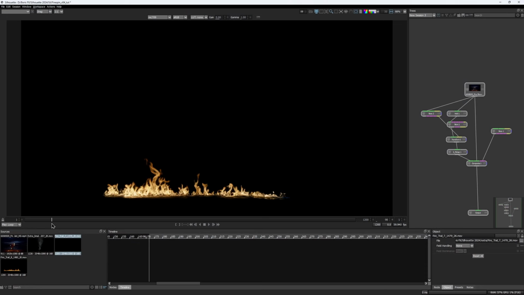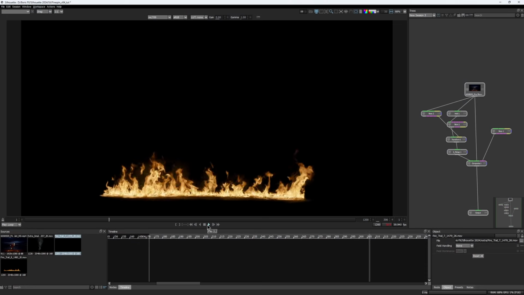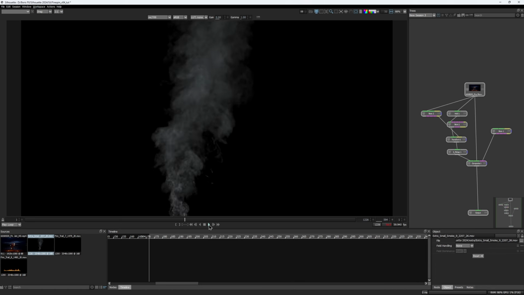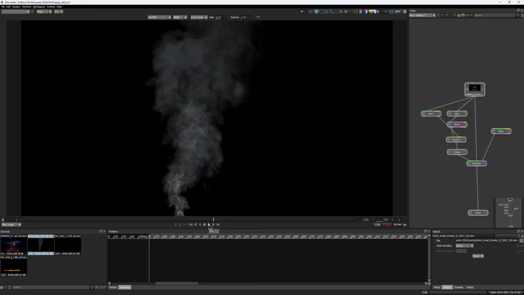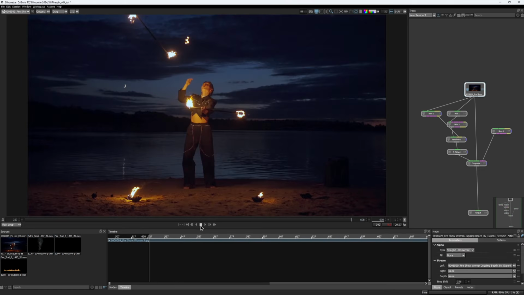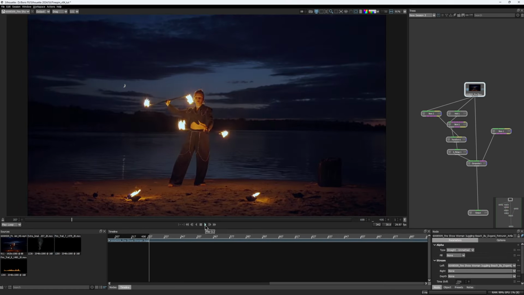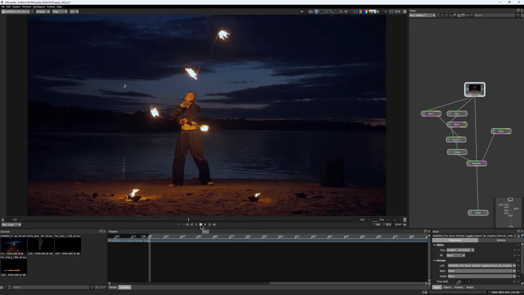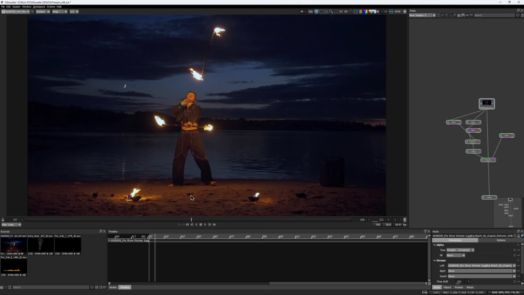As for the fire itself, I found some great footage from Action VFX and another good clip with the smoke element. However, they seem to be shot in real time and not like our main plate that is in slow motion. If I would just slap it on top, it won't look great. But not a big deal, since now we have the RetimeML.